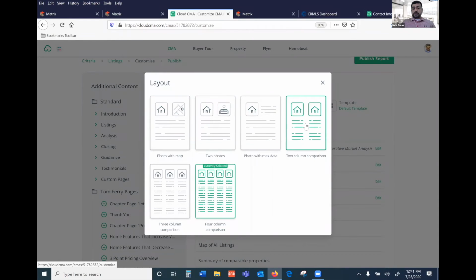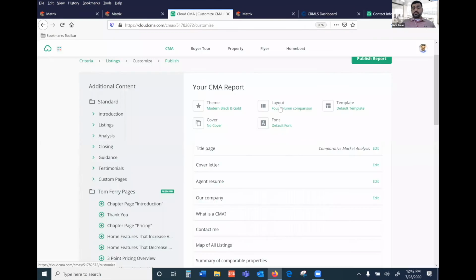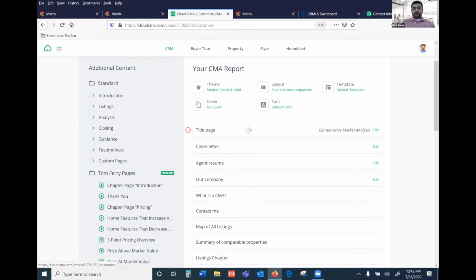This will be two comparables on one page, three comparables on one page. The last format, 4-column comparison, will have three comps on every page with the subject property. So there'll be a subject property on the left side, and then three comparables on every page. So you decide which layout you want. If you want the subject property information included, choose layout number 4, the 4-column comparison layout. Once you've selected your layout and you've selected a theme,